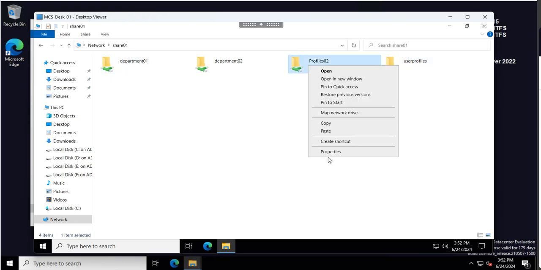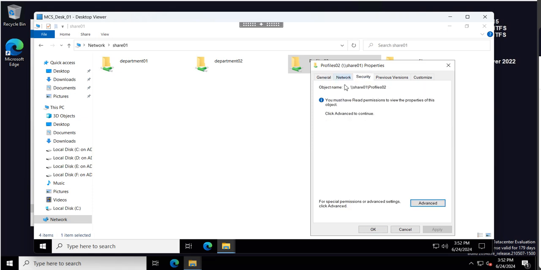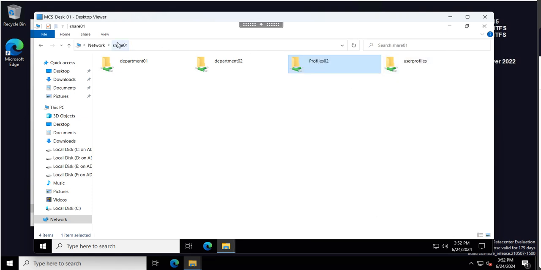Okay, let's see the other two. Security. Okay, yeah, because I've configured everything the same. So